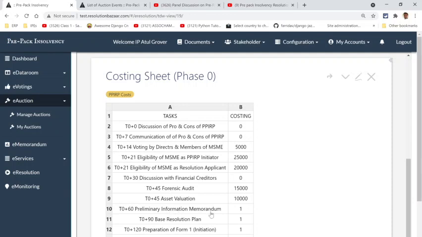Then the preliminary information memorandum is something for which you have to do a lot of collection. We'll go through the checklist of what a preliminary information memorandum looks like.